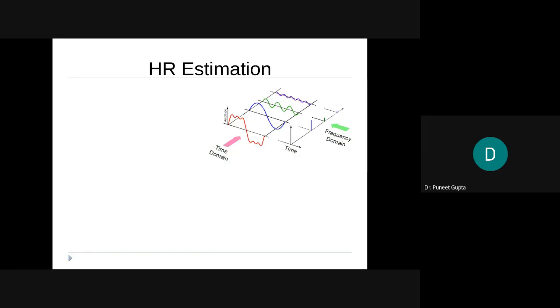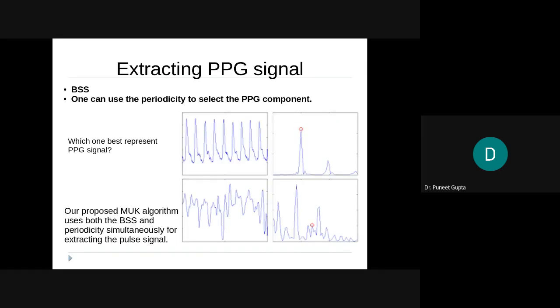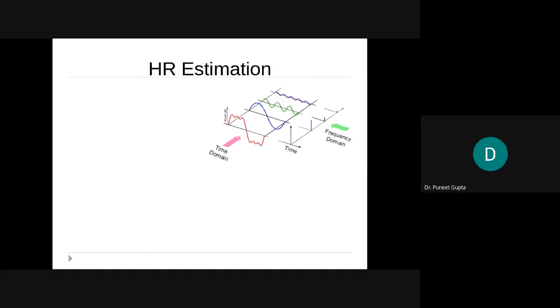Now, our last step. Once you have this pulse signal, how can you find out the heart rate from it? Well, to understand it, I know most of you know what the frequency domain is, but so that we are all on the same page, let's see what we mean by finding the spectrum, what we mean by converting a signal into a frequency transform.